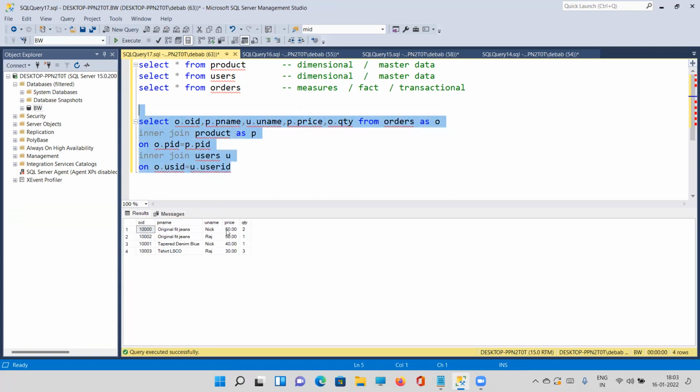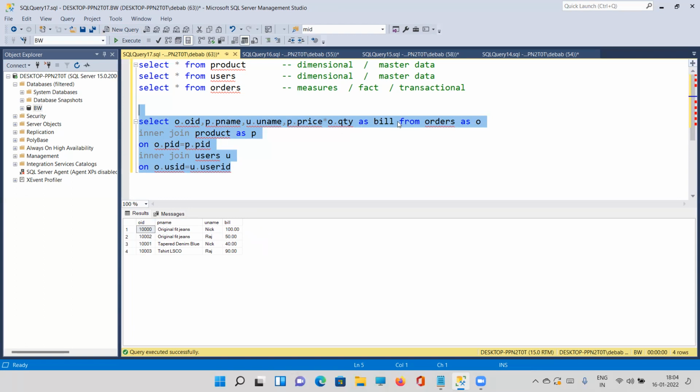So now, even what we have learned from the first class, I can even multiply these two. After joining, it will behave the same. I have just presented that idea in the last example. Like I can do order by, I can do top, I can use a where clause, anything I can use. So if I execute this, take a look, it is a bill amount. So I can present it as a bill. If I run this, it will give me a good set of data and it is presentable